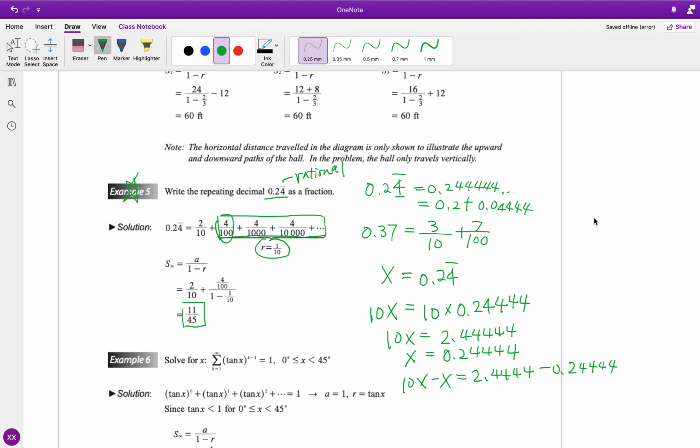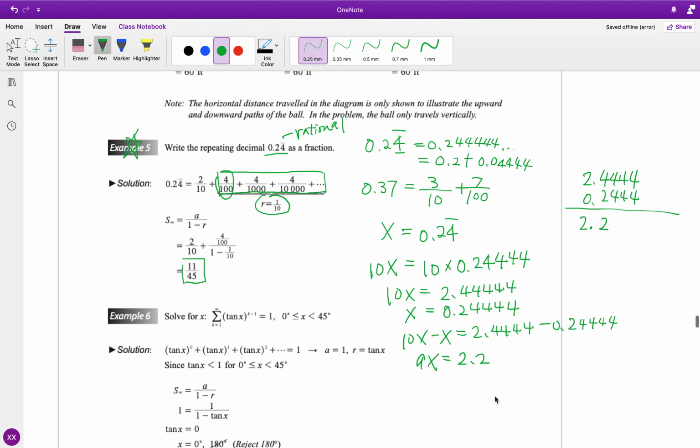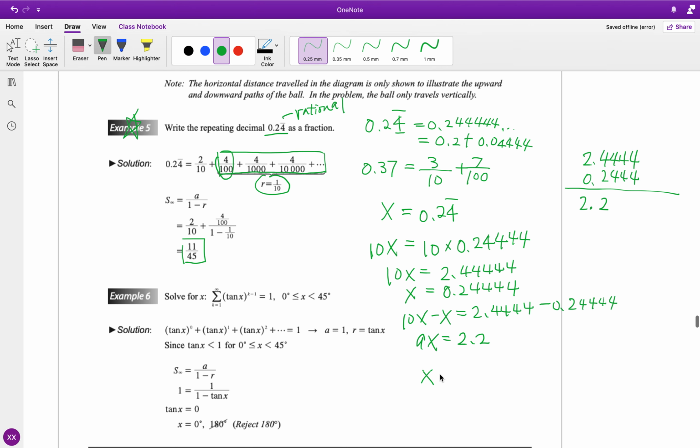If you do this, you can realize these 4's are all canceled because of the subtraction. Then you got 4 subtract 2 is 2. So you end up with 9x equals 2.2. Okay, well now how much is our x? x equals